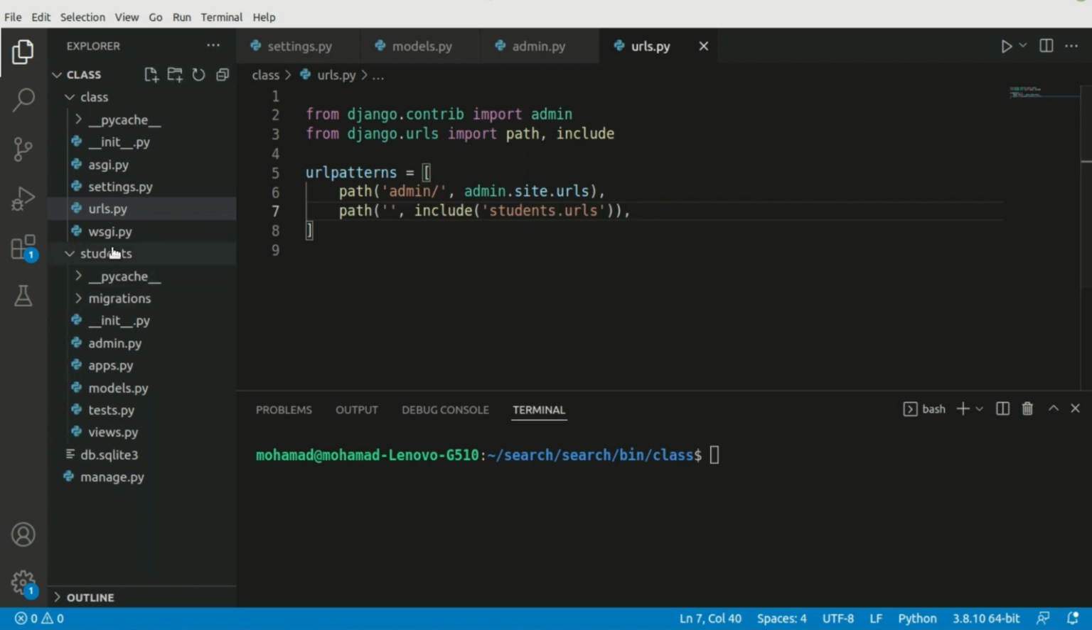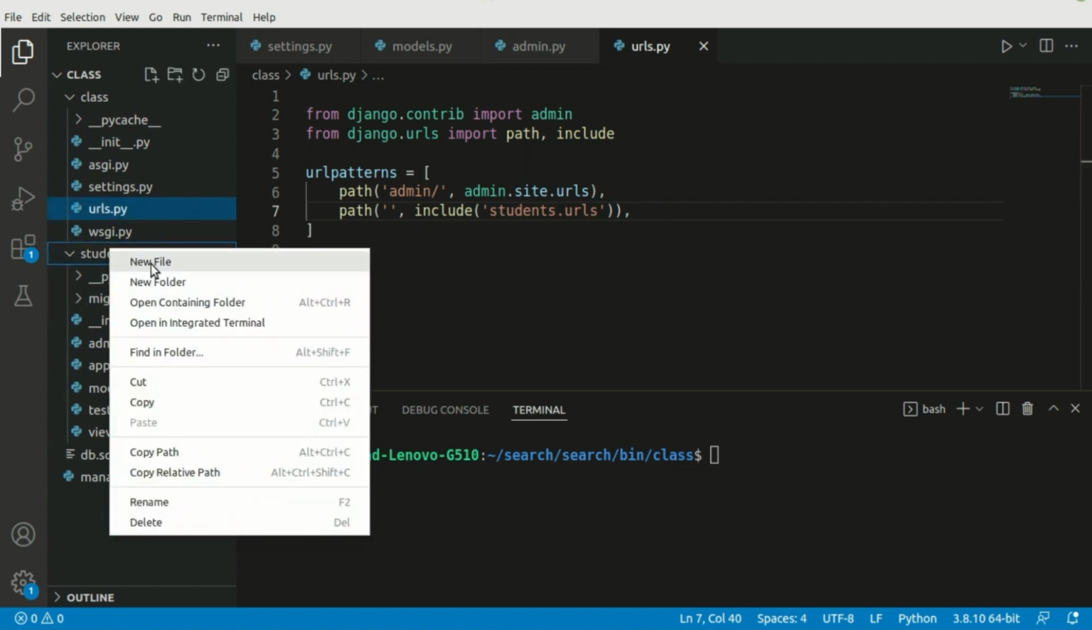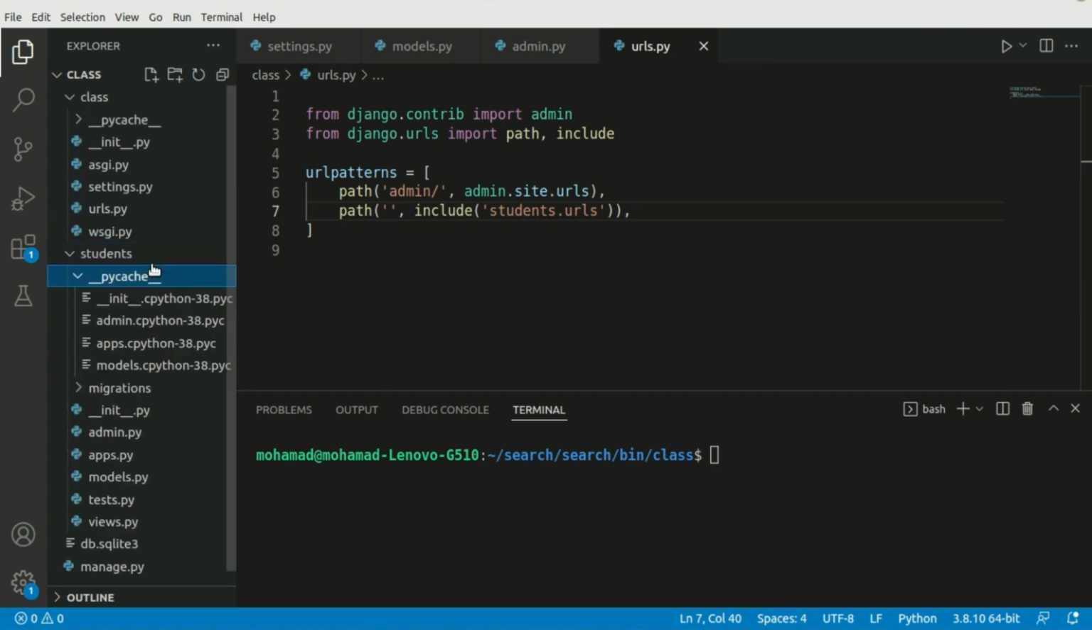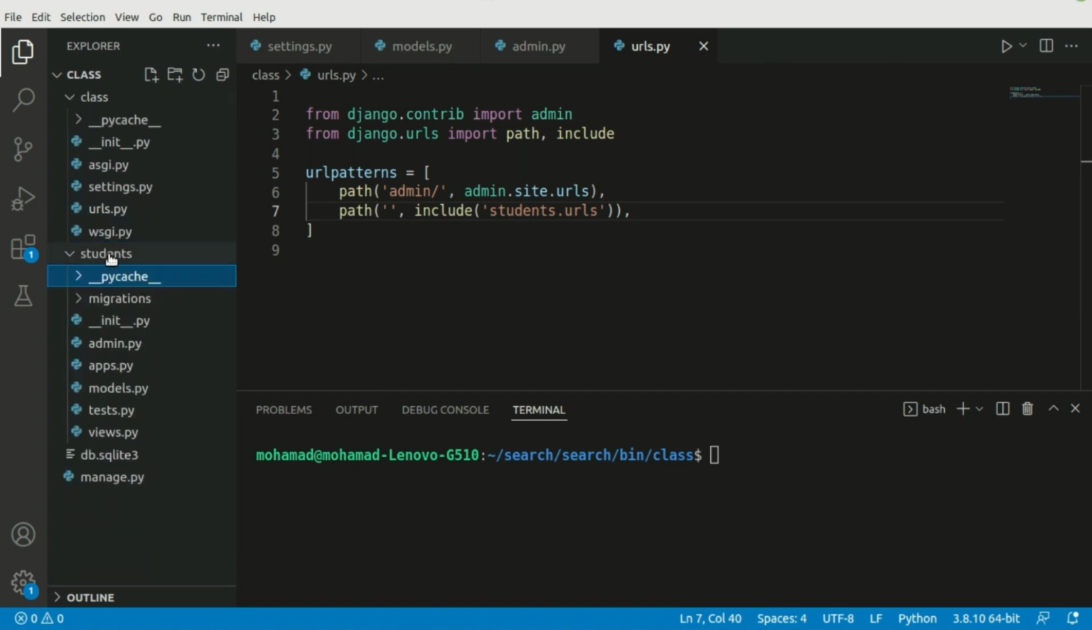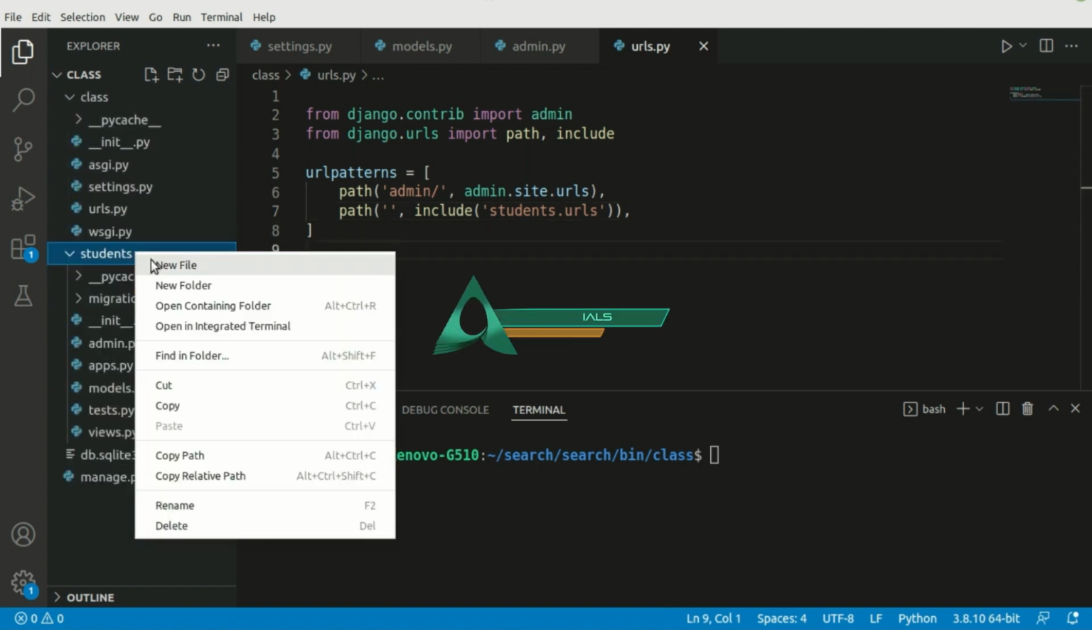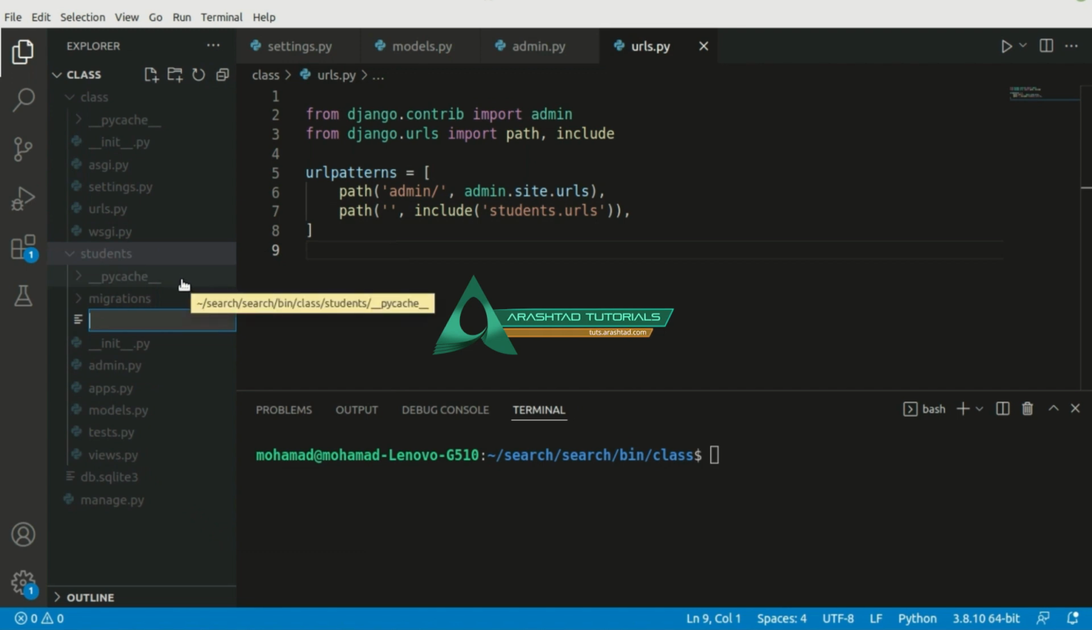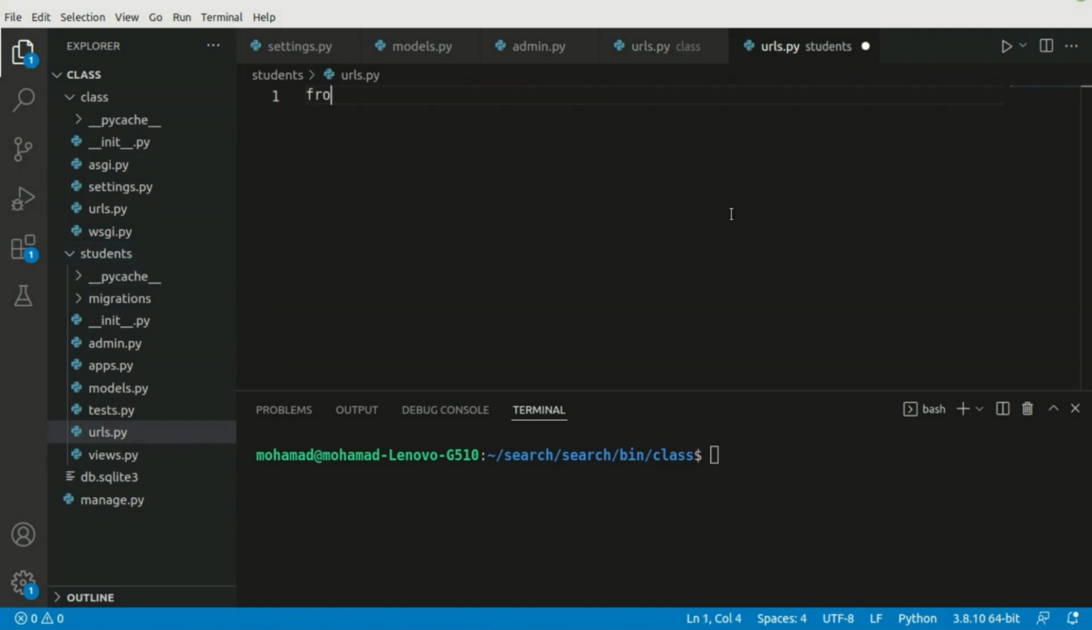So the next thing we're going to do is to create another urls.py. So, no, I don't need the folder, I need a file. urls.py. So first of all, from django.urls import path, and also from